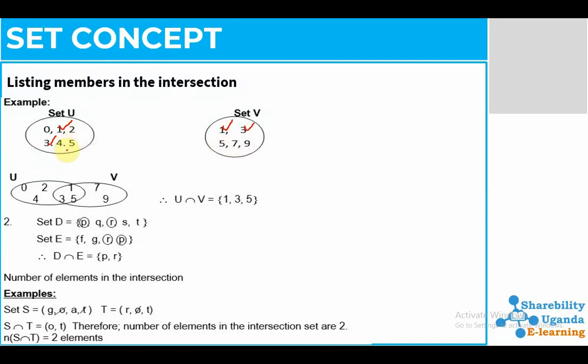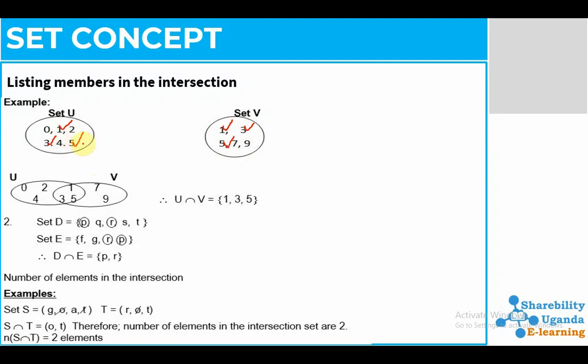Another one, we have 5. Do we have a 5 in set V? Yes, we tick it. Then we also look at, do we have a 7 in our set U? Do we have a 9 in our set U? It is not there. That means these members we have ticked are common